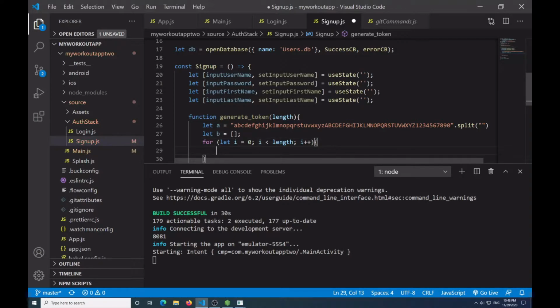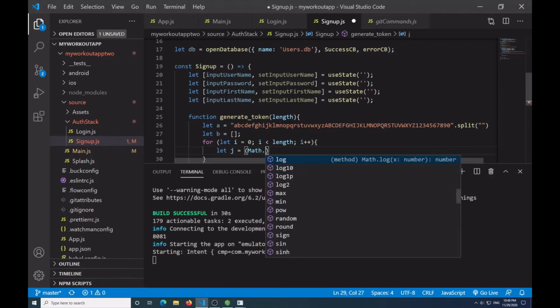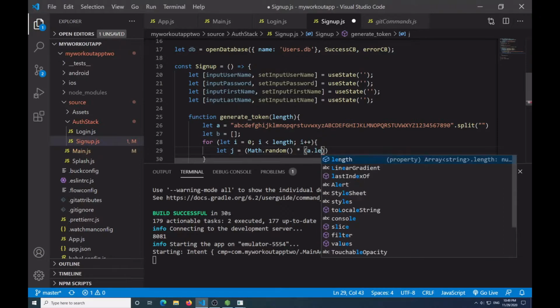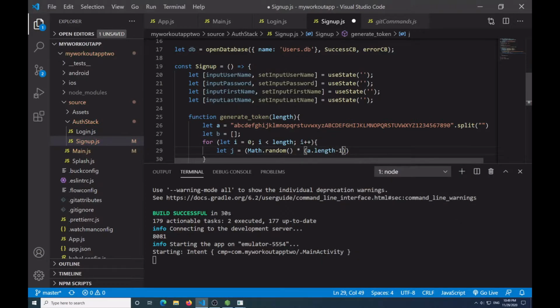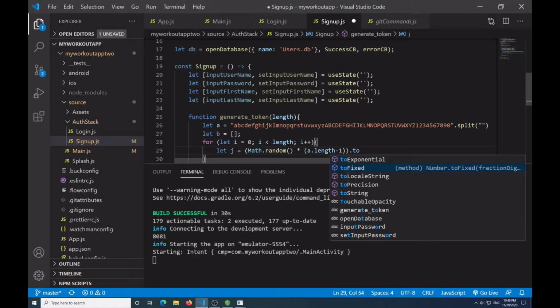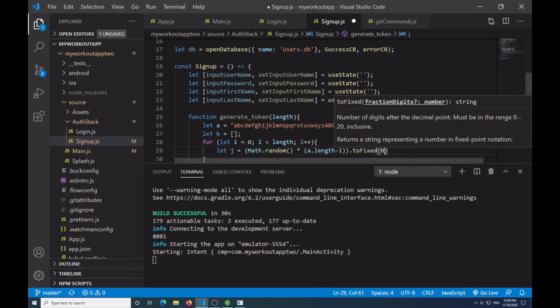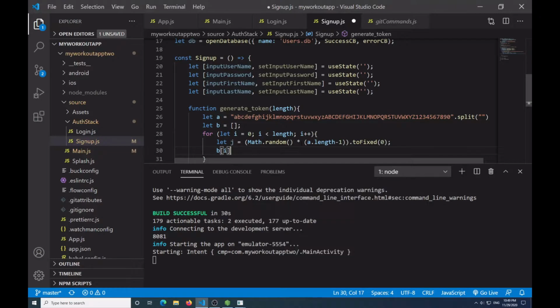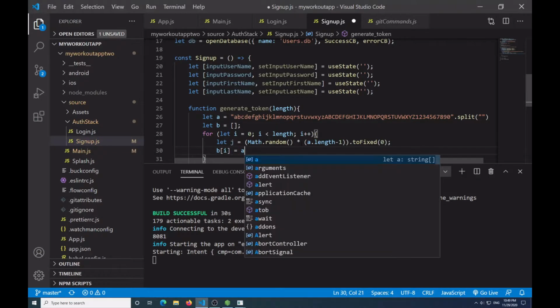And then I'm going to say let J is equal to Math.random times A dot length minus 1 dot toFixed of 0, and then it's going to be B sub I is equal to A sub J,